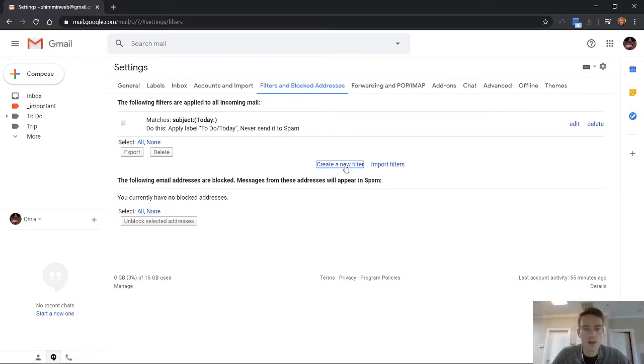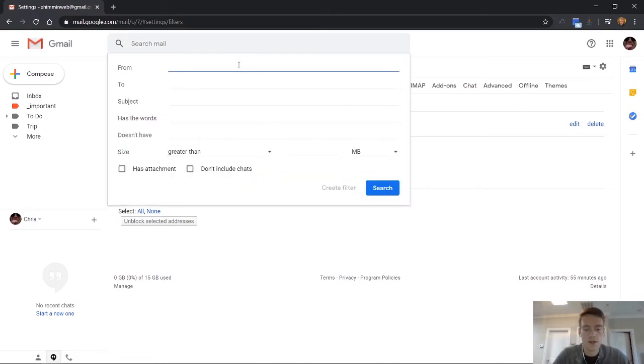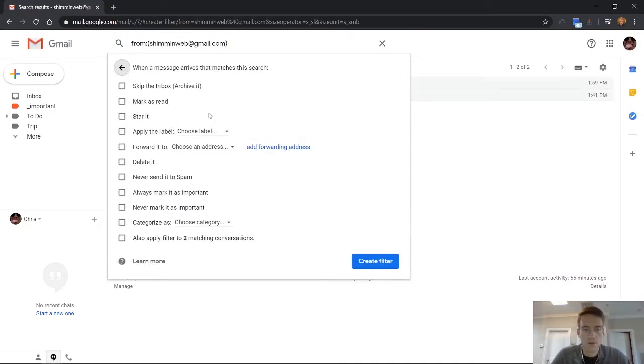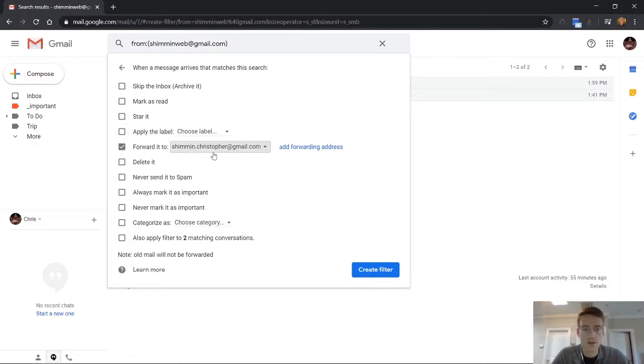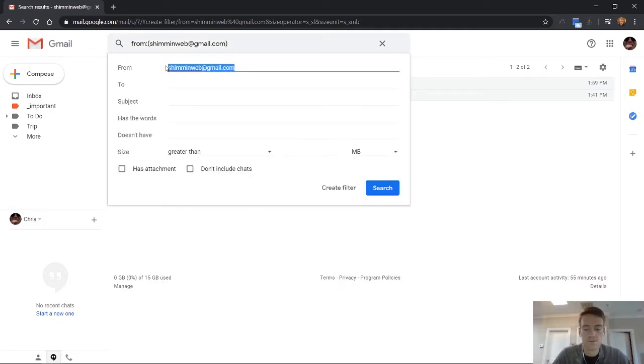So now we can make a filter and say if it comes from me, basically, I can choose to forward this, or if it has the words... I'll try a different one. We'll have, say you have